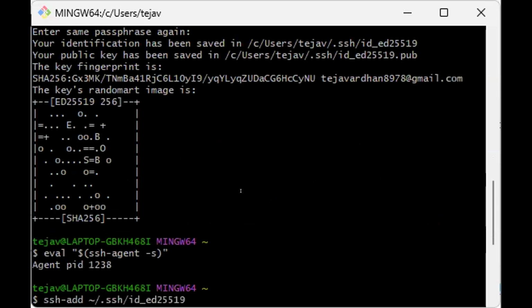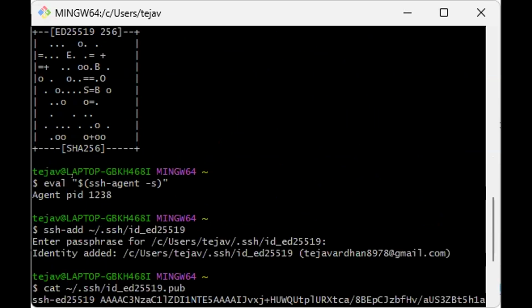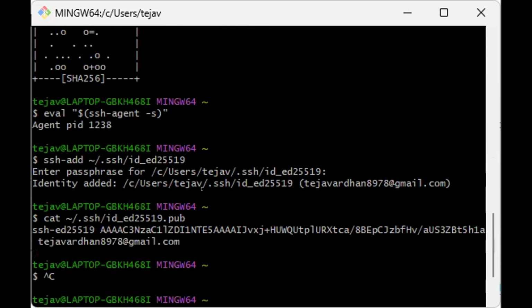After you do that, you're running this command to actually get your SSH agent running. And then this is my process ID for the agent. After that, you run this command.